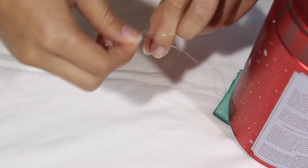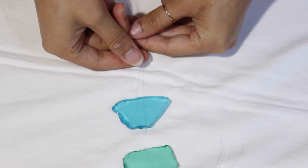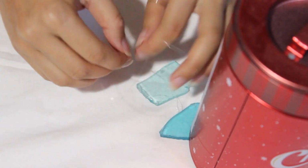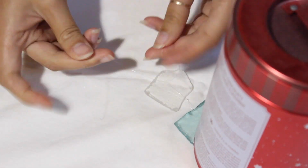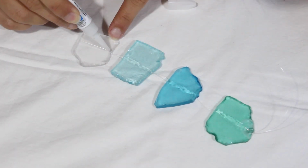After that, I made another knot about 3/4 of an inch from the first one and repeated the process for the second piece. I did this exact same knotting pattern for all of the sea glass. When I got to the end, I simply tied the fishing line about 5 times and pulled it super tight and cut off the excess line. Then I turned over each piece and super glued the fishing line